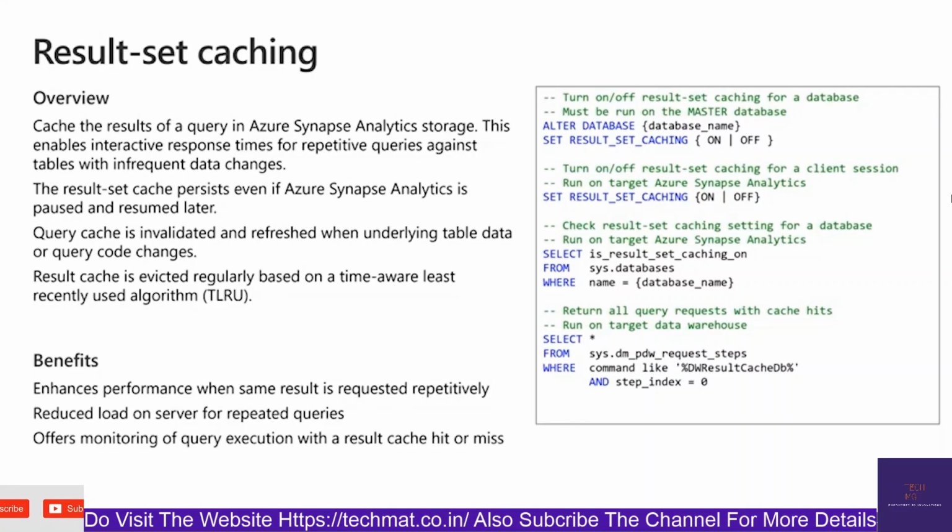And the result cache is evicted regularly based on the time-aware least recently used algorithm. So we use the least recently used data to evict the data from the cache. Result set caching enhances performance to a very high degree. It can be set up on the database level or on the client session level,